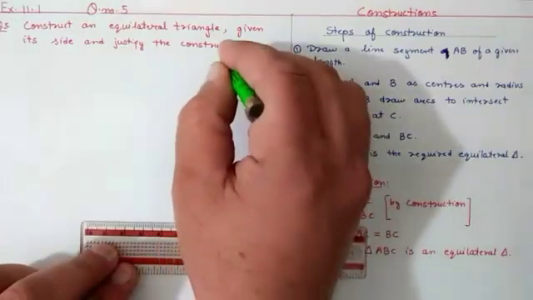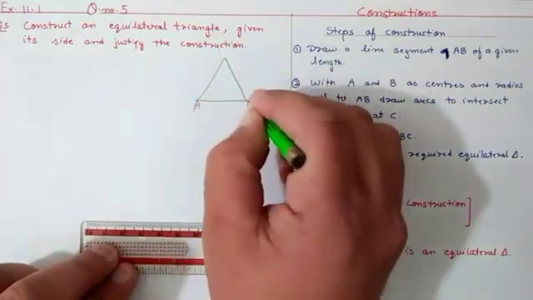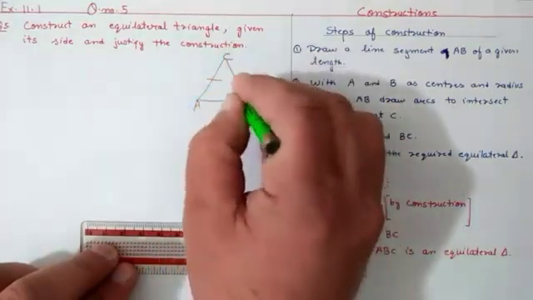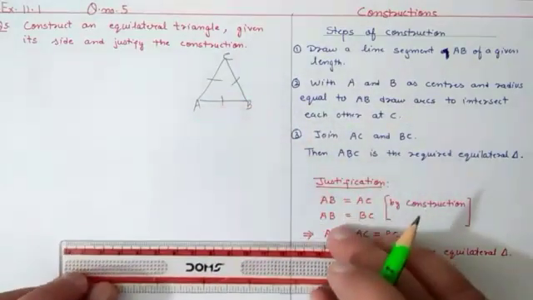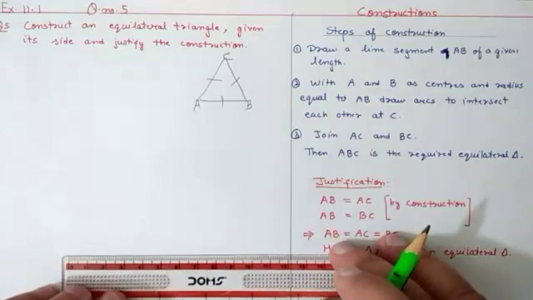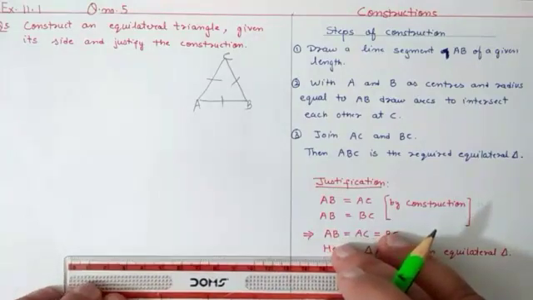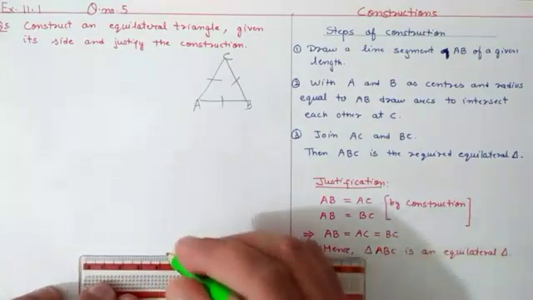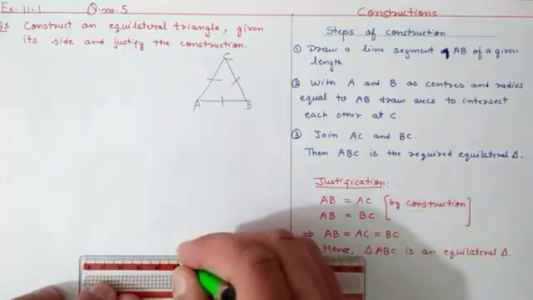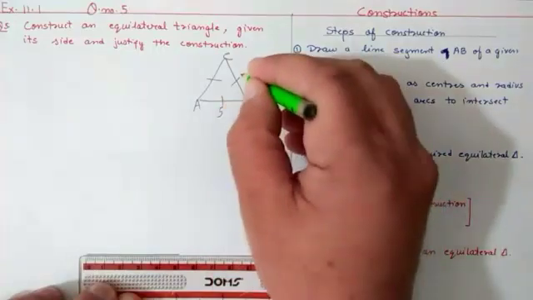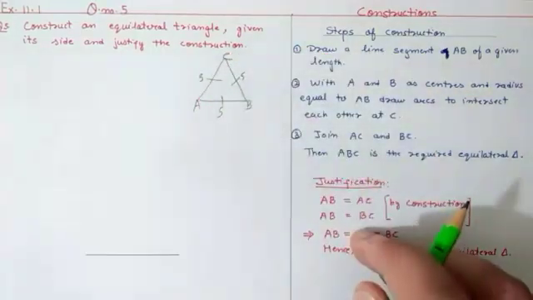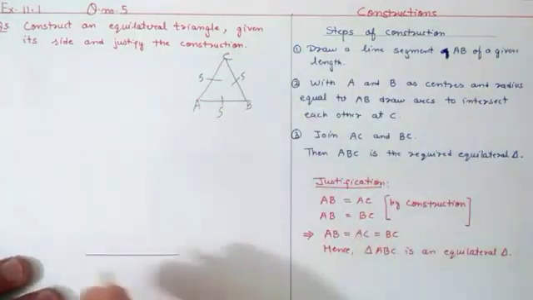For example, see, this is the rough figure. This is a triangle called triangle ABC. This is an equilateral triangle, so all three sides are the same: AB is equal to BC is equal to AC. For drawing that, we will make one line segment AB of any length we want, but we will keep in mind, for example, if we are drawing 5 centimeters, the rest of the two sides will also be 5 centimeter. We have to check that.